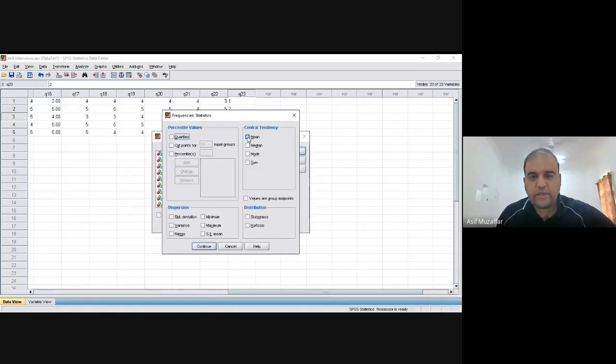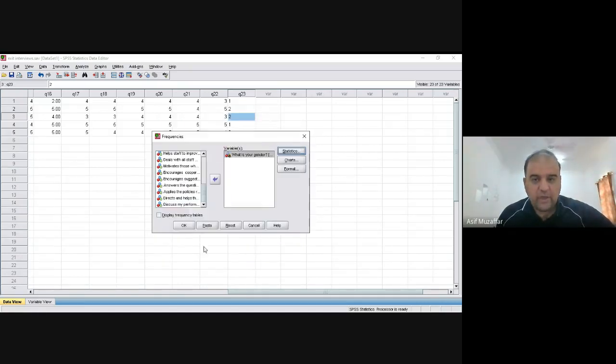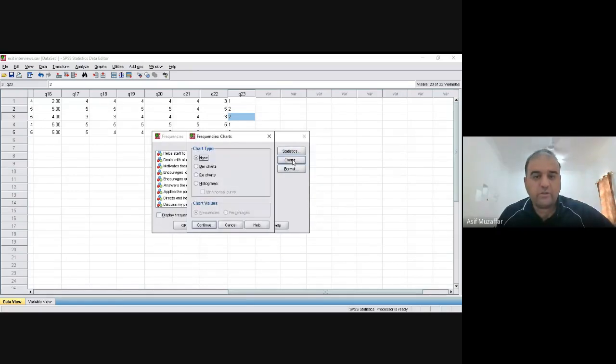When you click the statistics, you can check different type of descriptive statistics like mean, median, mode, whatever you want. Let's say I want mean, median, mode as well, and standard deviation. These are the 4 measures which I want for descriptive statistics. Continue. If you want to draw a chart, you can also do that. Chart, I want a pie chart for it, let's say.